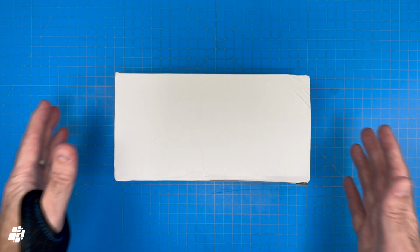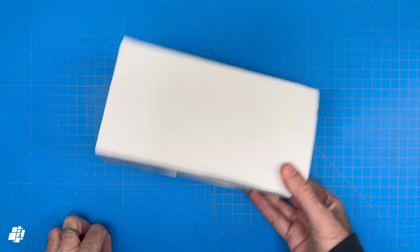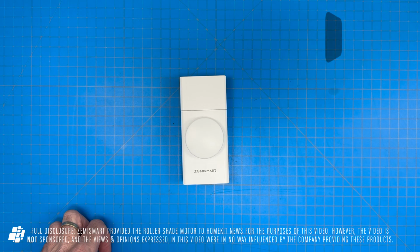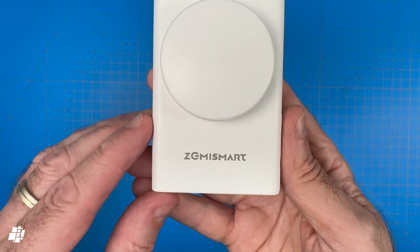Welcome back everybody. Today we're looking at a brand new product, so new in fact this came to me in a blank white box, so there's nothing to see here. The actual product is a roller shade motor, a retrofit device to control your blinds that uses none other than Matter over Thread. So the device in question is from ZemiSmart, as you can see from the branding, and just